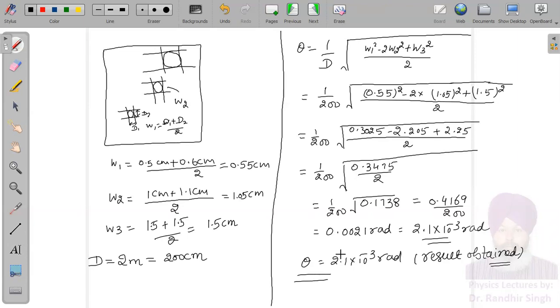Any other question, please? Graph: you will not be sticking it to your practical notebook. You just write from the observations. You make the table only. Skip the graph. If you wish, I will send the scanned copy of the graph in the group. You can take out its printout and paste it on the practical notebook.